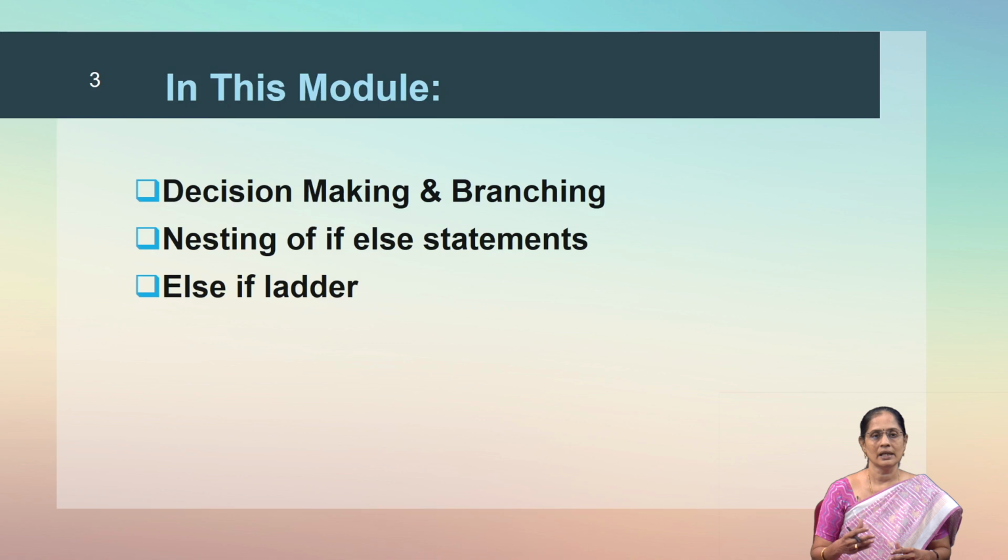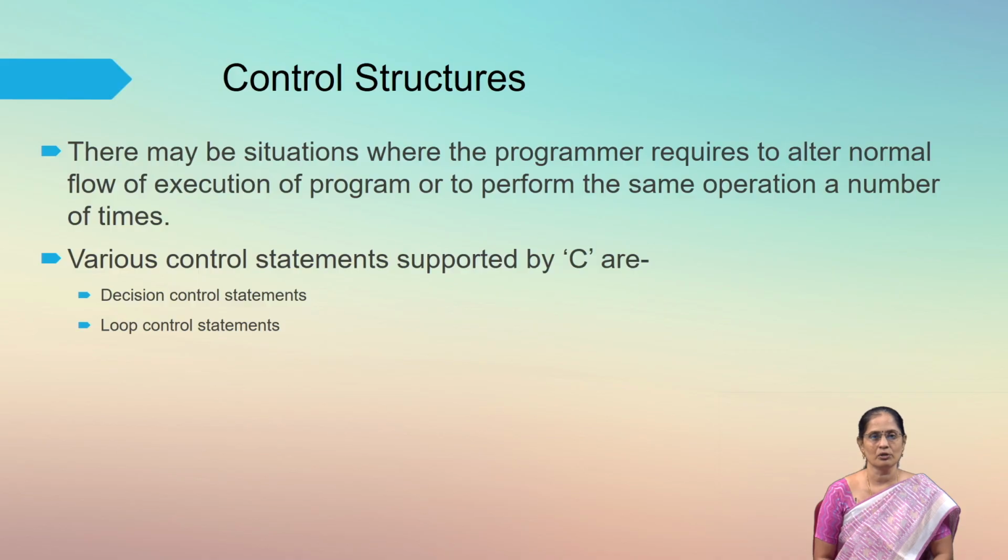In part 2, we will be learning in depth about the decision making statements or the branching statements, and here we will be learning about nesting of if statements and how the else if ladder statement works. So, as we have already learnt, the control structures are used for executing or changing the flow of execution in a program. Supposing I declare